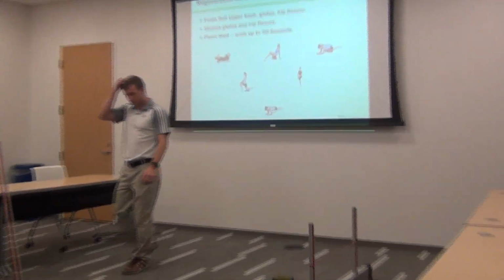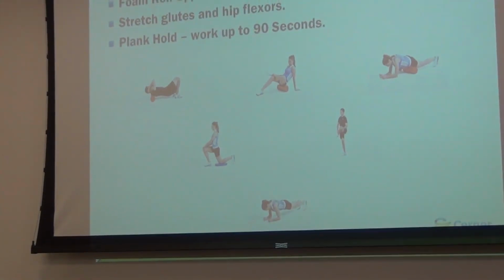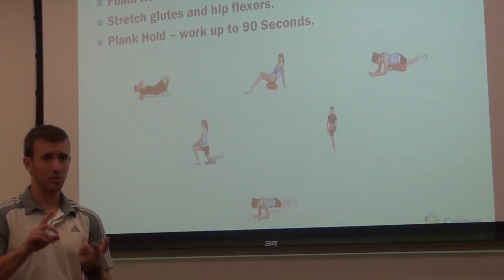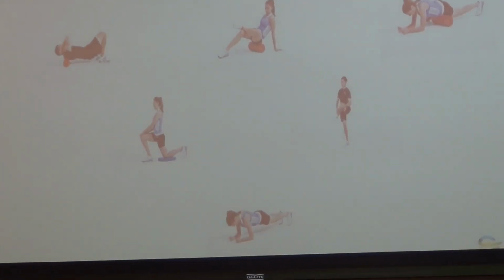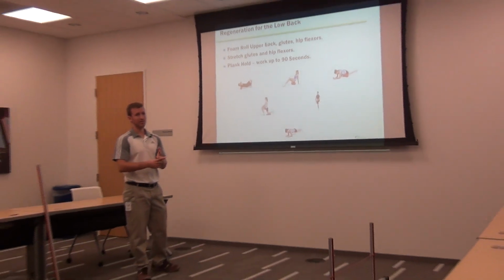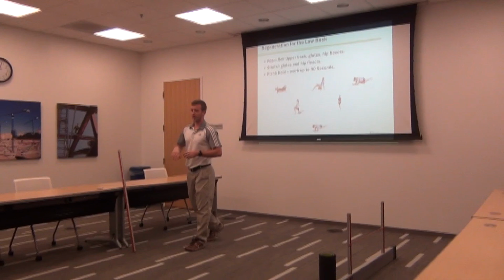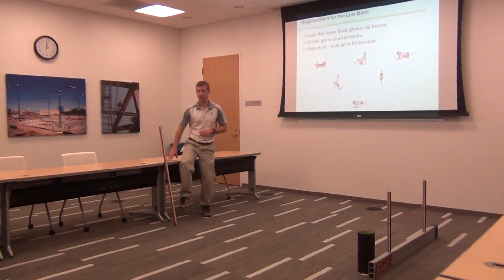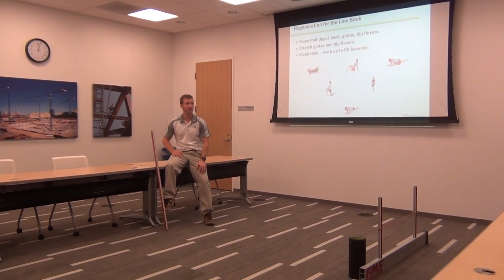So the 2 big causes that I see of non-injury related pain in the low back come from poor mobility in the hips and thoracic spine, as well as weak, deep abdominals. So we're going to train, say we're going to do an exercise and we're going to train the core. Name an exercise for the core. Crunches.